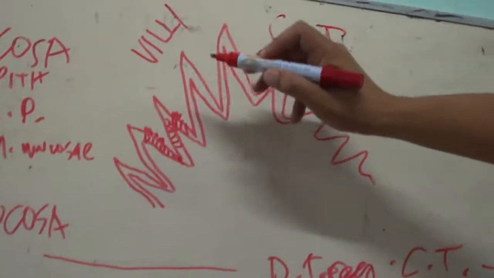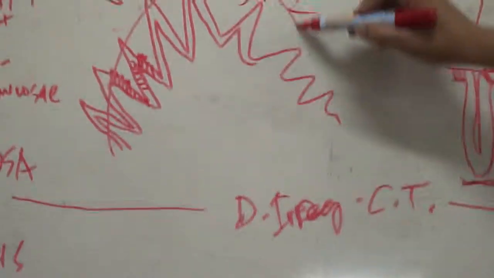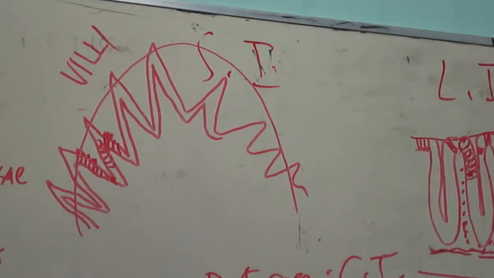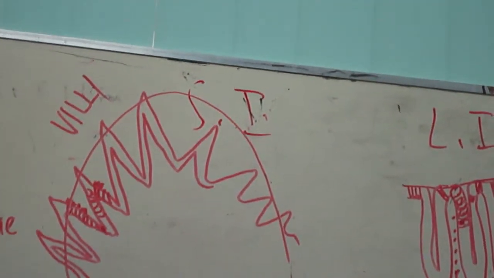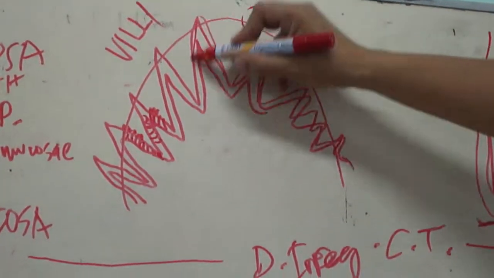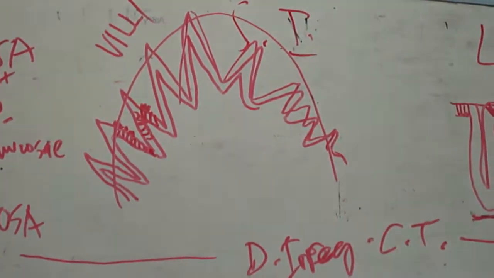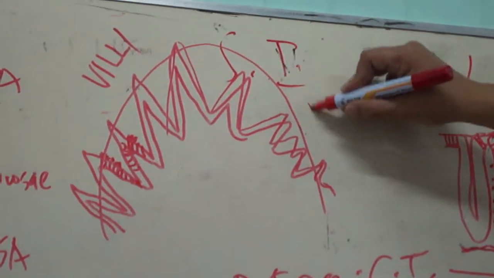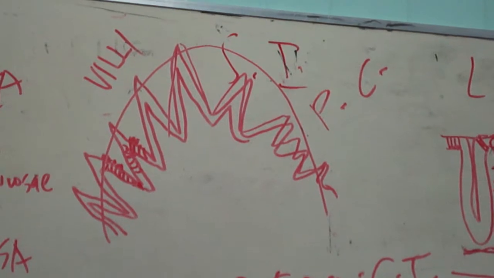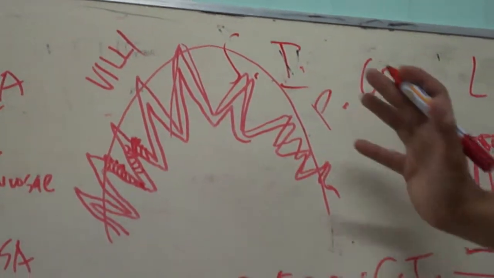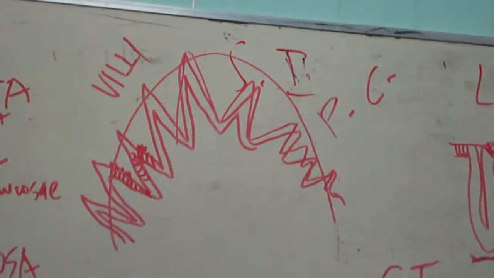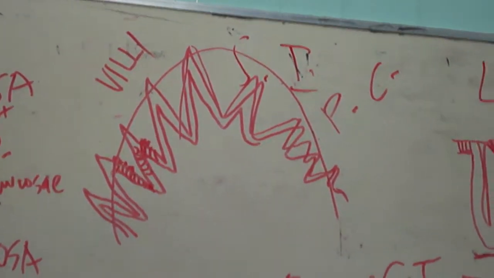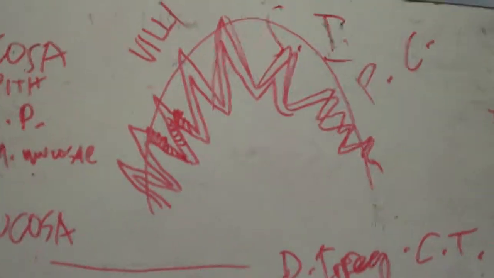Aside from the microvilli and the villi, there are also gross elevations present in the mucosa of the small intestine, which are composed of several villi. Do you know how this structure is called? Composed of many villi projecting from the surface of the mucosa of the small intestine. Anyway, hindi niya pa pala na-discuss yan. The plica circularis. So, all these three projecting structures are present in the small intestine to increase the surface area